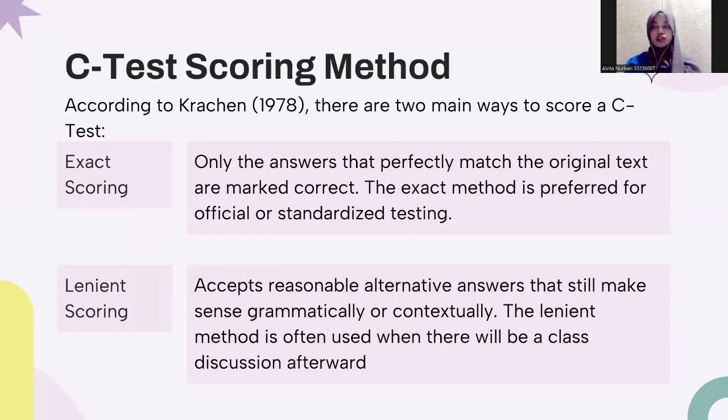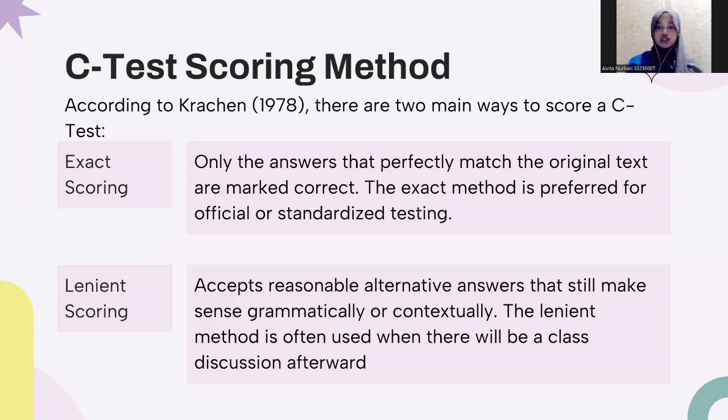And then the C-test scoring method, based on Kraken in 1978. He described that there are two main ways to score a C-test. The first one is exact scoring, which means that only the answers that perfectly match the original text are marked correct. Usually, exact scoring is preferred for official or standardized testing. And then the linear scoring accepts only reasonable alternative answers that still make sense grammatically or contextually, and this method is often used when there will be a